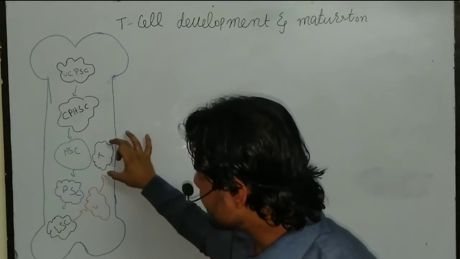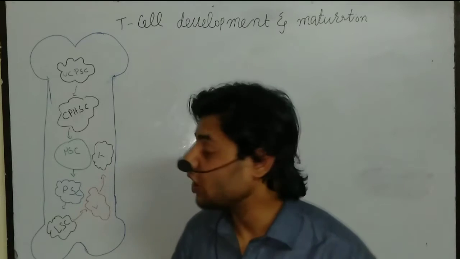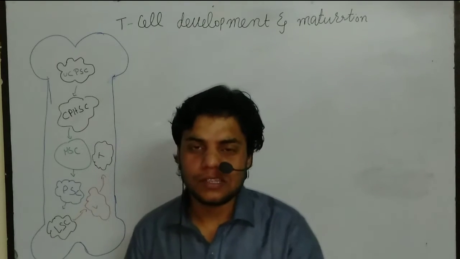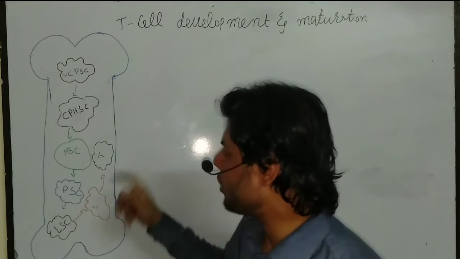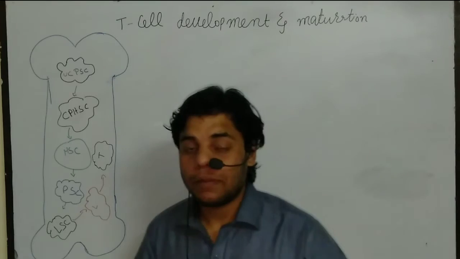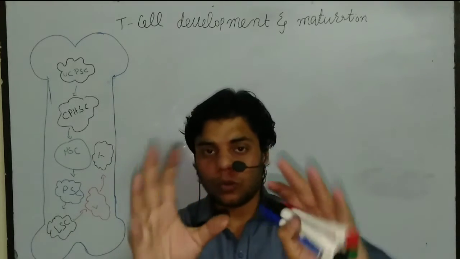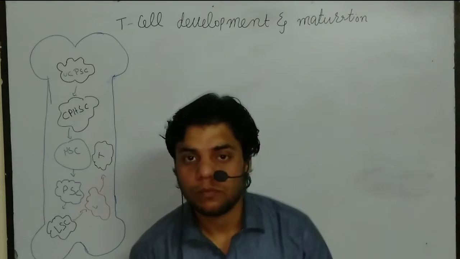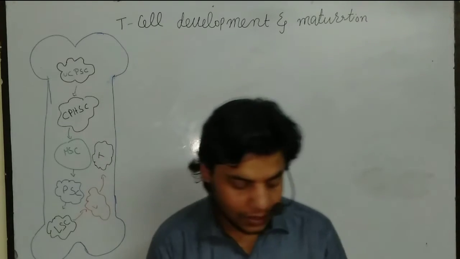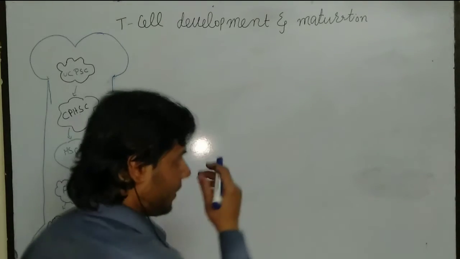Remember guys, this T cell is immature. It is not a mature T cell. And moreover, they don't have any receptor, any co-receptor molecule. They don't have all these things. But this is just the T cell development, that it is just formed or originated inside this bone marrow. Now once it is formed inside this bone marrow, then the next step is that it will be migrated